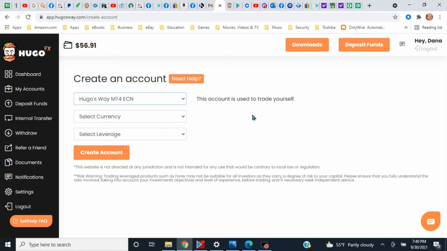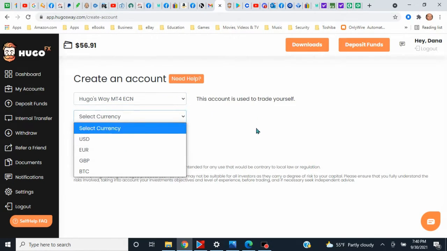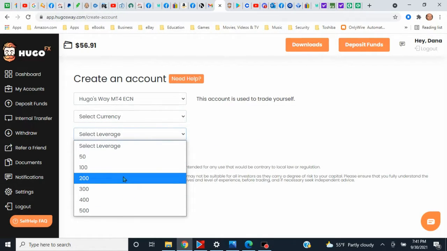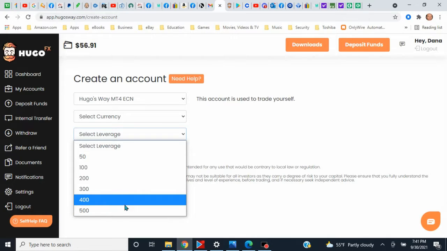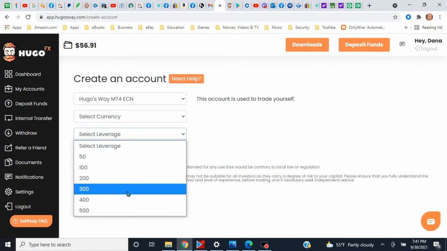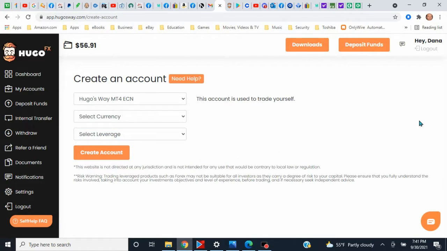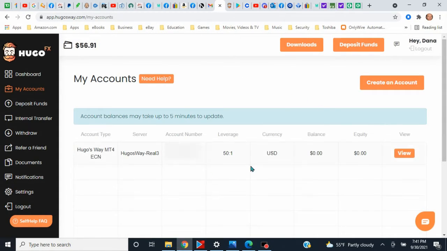And then it's going to, in here, select your currency, which will be US. And then you're going to want to do your leverage. Leverage is the amount of money they're gonna loan you to trade with. I don't want to go any higher than 50, and that's what I did. So, and now you're at that point. Now that I'm at that point, okay. Now, because I now have leverage, this is it right here, and then